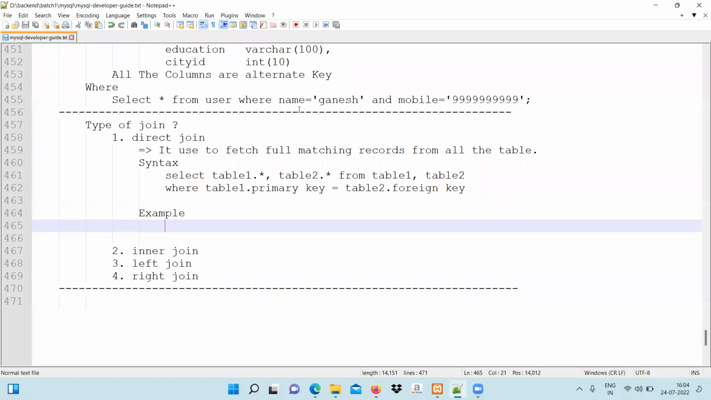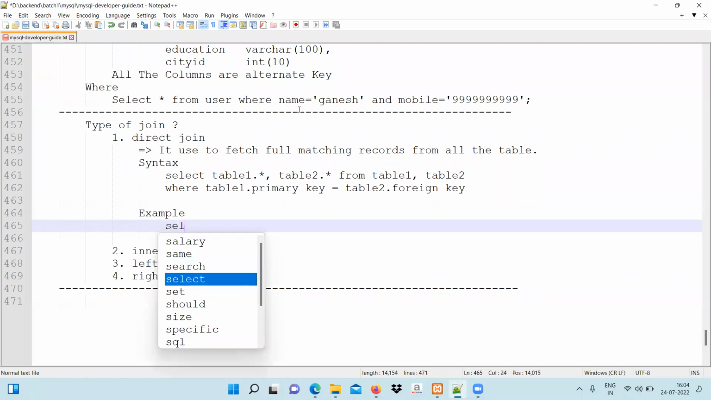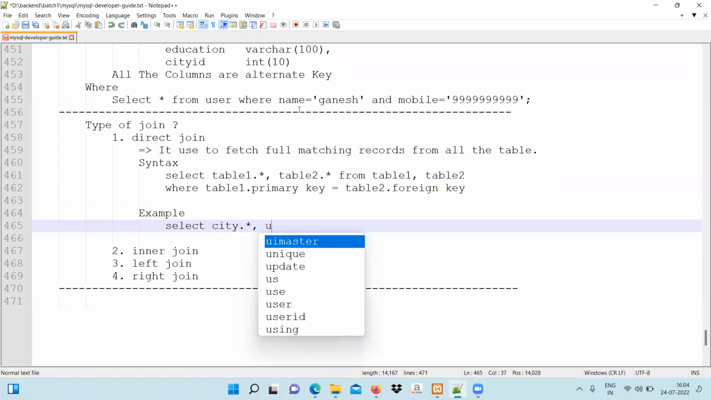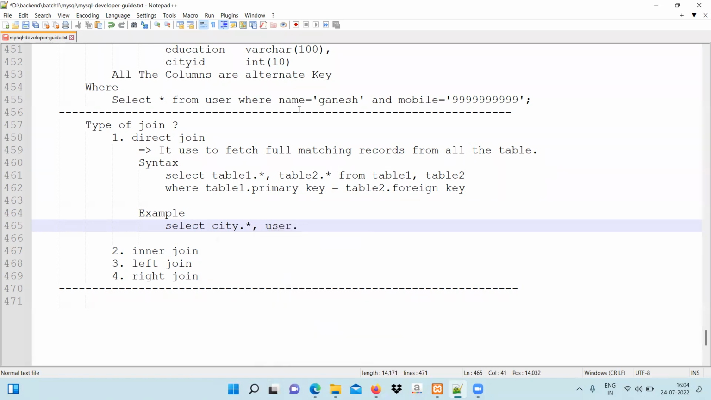Okay, ready? Now write the example. How many tables do we have? 2 tables we have. Select city dot star comma user dot star. All the data from the city table and all the data from the user table. From city comma user,